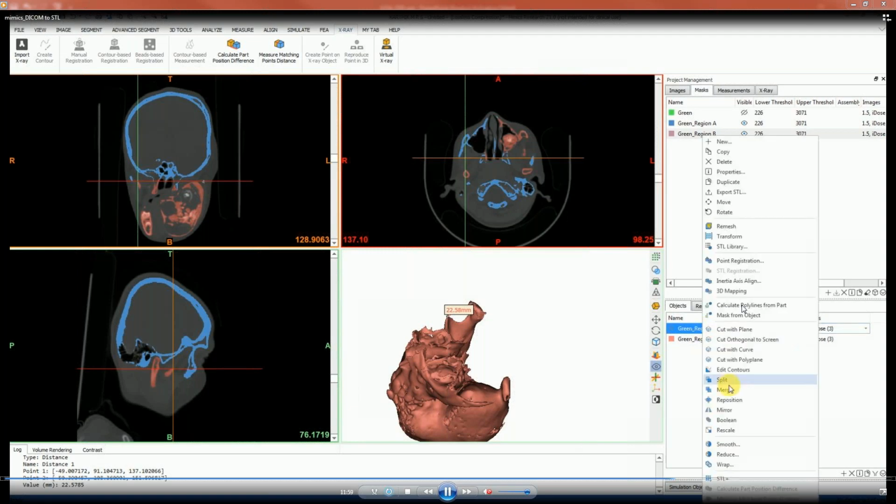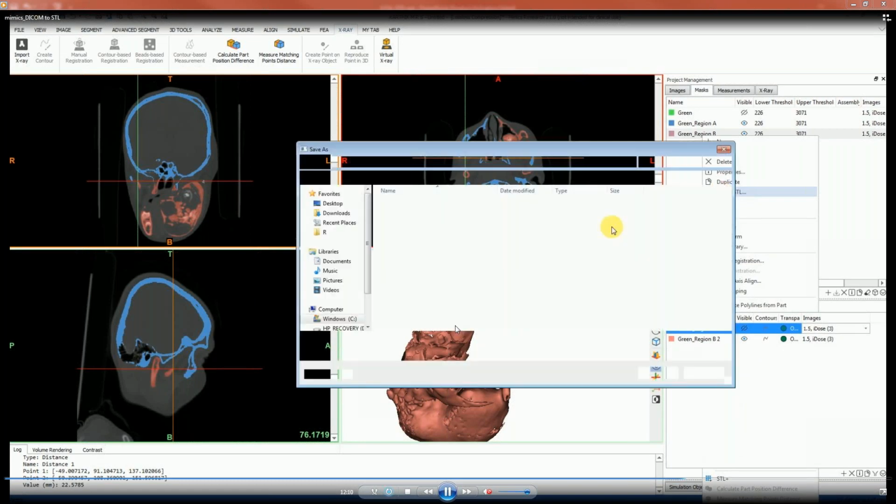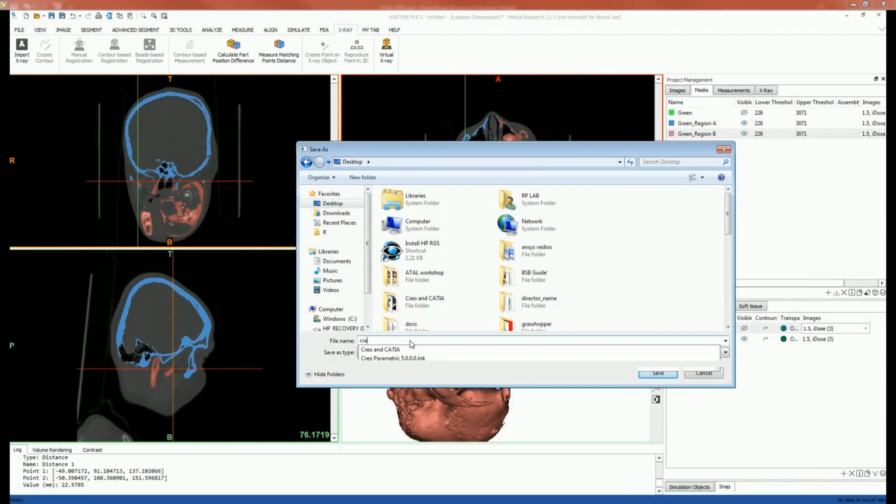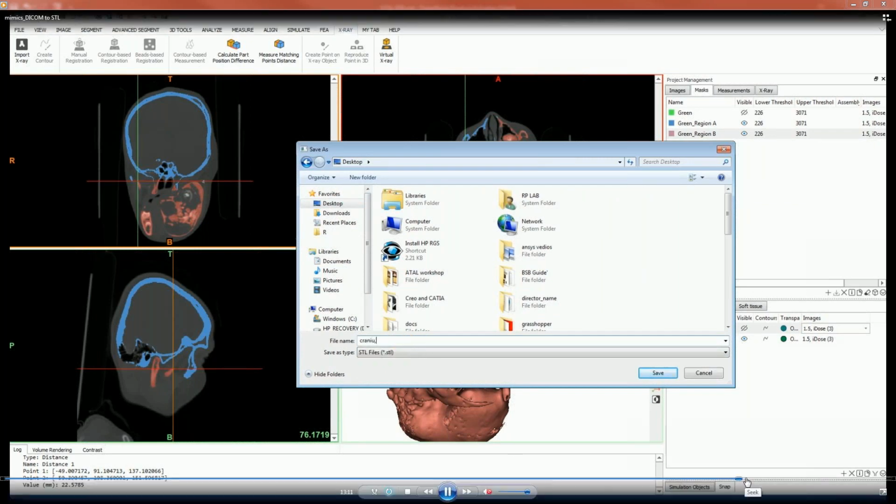Right-click on it, choose region growing, and there you can see the export STL option. You can save this file as STL.